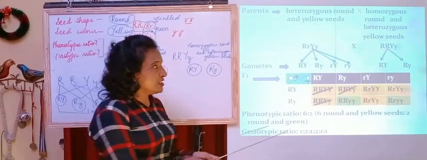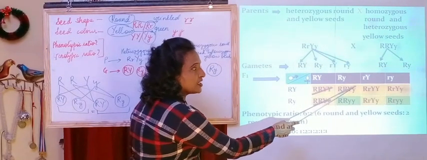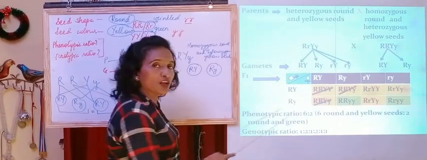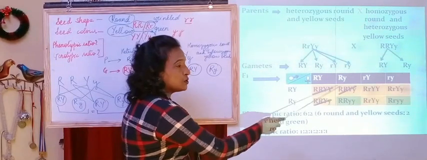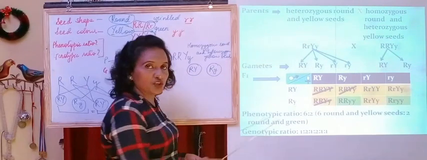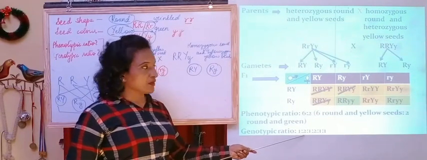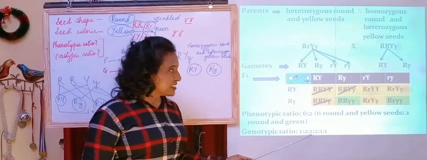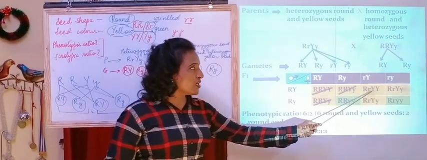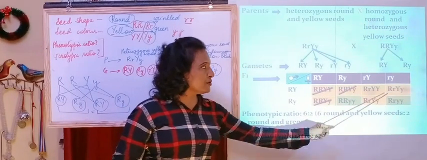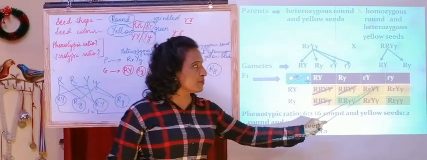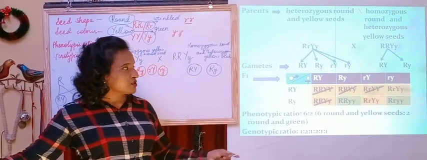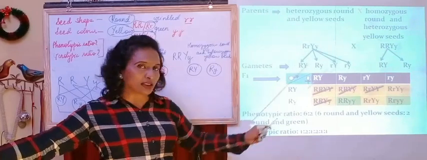Now if you see capital R, capital R, capital Y, small y. Here also capital R, capital R, capital Y, small y. So there are 2 offsprings with this genotype. So I have written 2 here, because the same type is not present in the other squares. Next is 1. Capital R, small r, capital Y, capital Y. So if you see here, there is nowhere else such a type of genes mentioned. So it will be 1. So I'll make a cross. So we have got 1:2:1 at present.